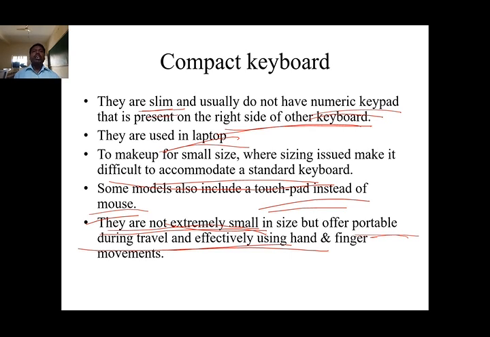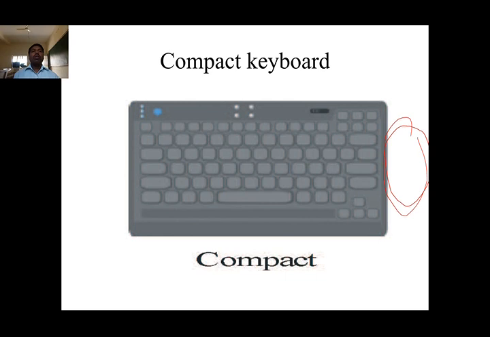They are very slim and usually do not have a numeric keypad that is present on the right side of the keyboard, and they are used in the laptop mostly, where size issue makes it difficult to accommodate the standard keyboard. Some models also include a touchpad instead of the mouse. They are not extremely small in size, but offer portability during travel and effective use with hand and finger movement. So this is an example of a compact keyboard.